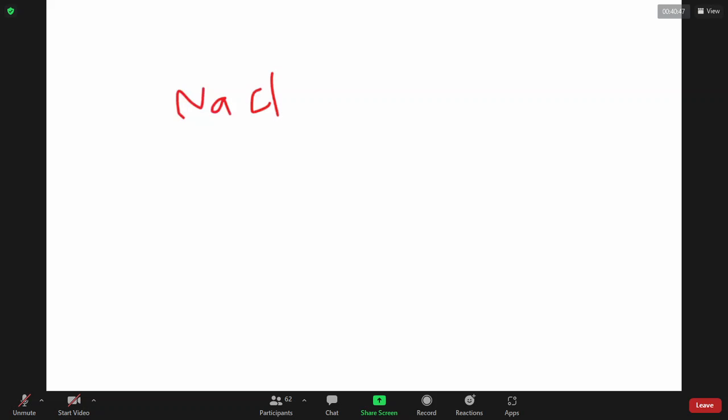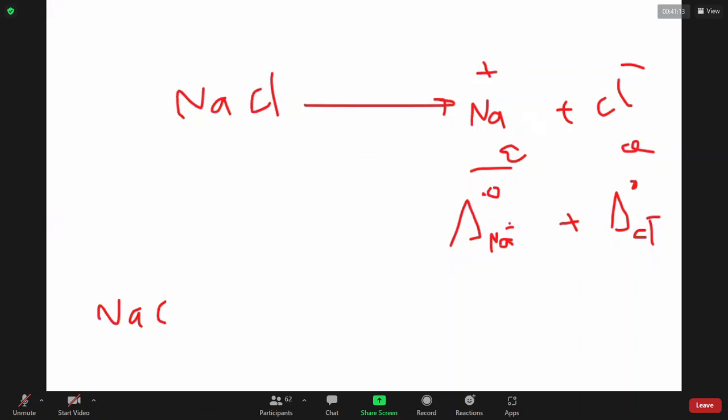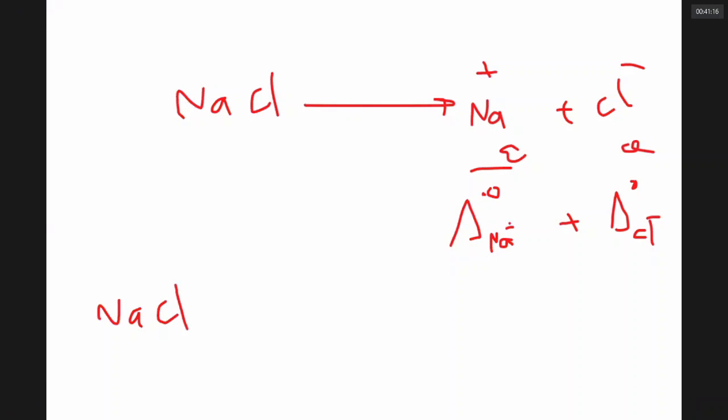Sir, what is the meaning of it? Sir, I have NaCl. I added a lot of water. The Na plus and Cl minus are getting separated. The conductance due to the Na plus ions at infinite dilution is not affected by conductance due to Cl minus ions at infinite dilution. It means that, sir, if I know the molar conductance at infinite dilution for NaCl, if I know molar conductance at infinite dilution for HCl, if I know molar conductance at infinite dilution for sodium acetate